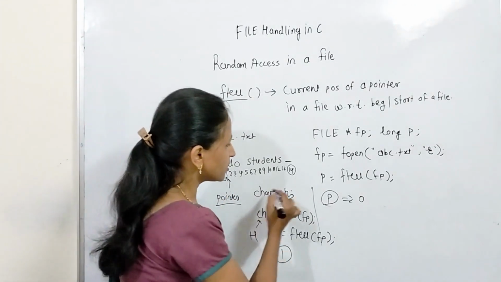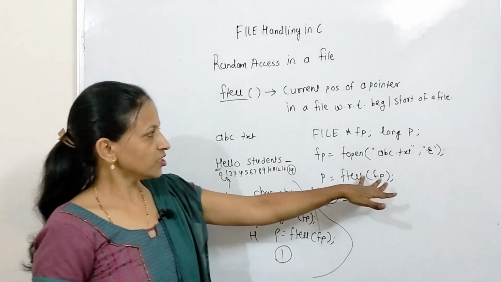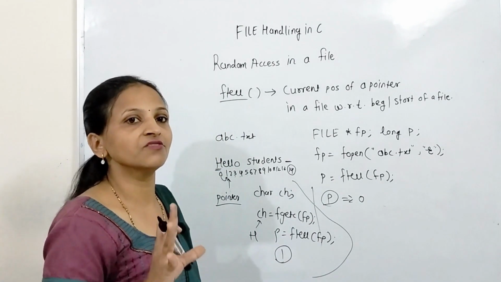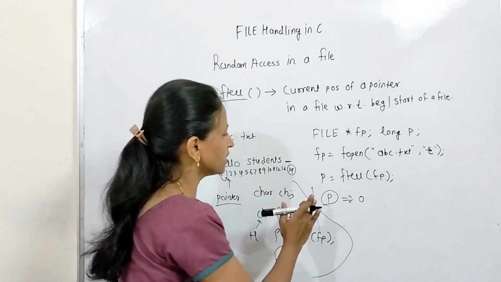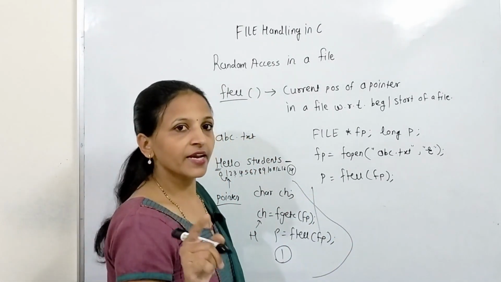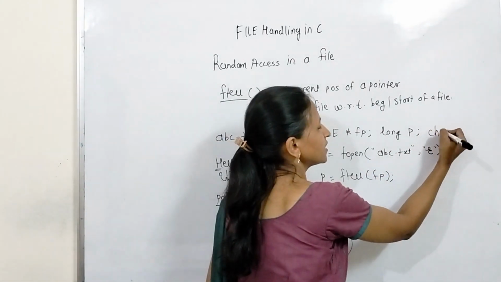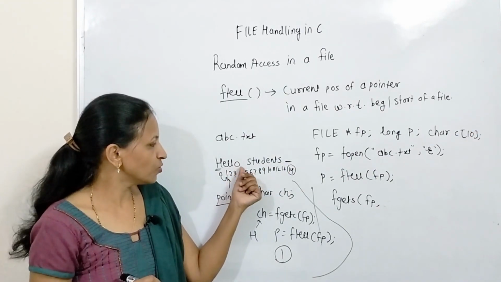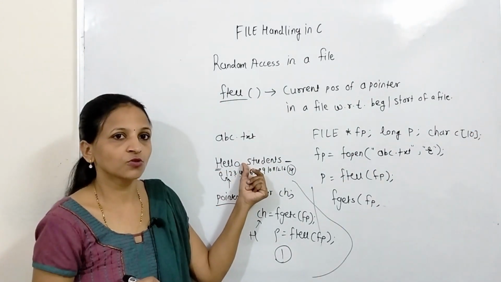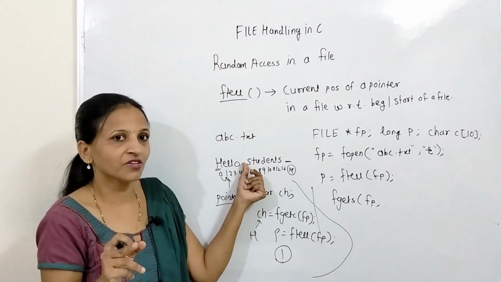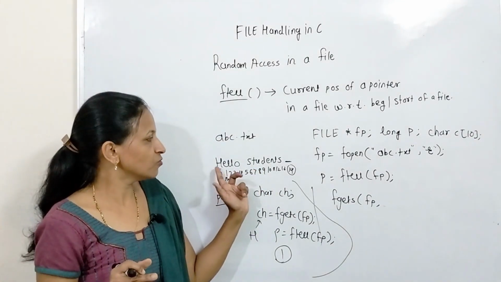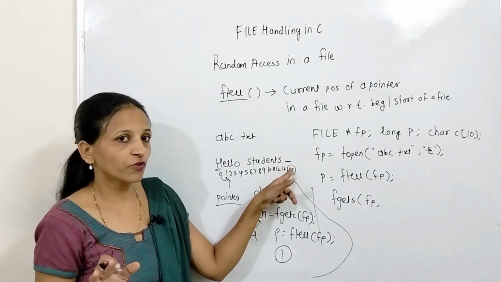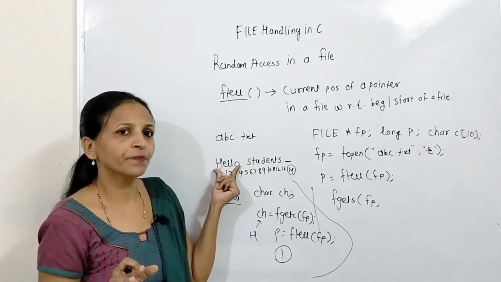See, again instead of this, let's say initially we have opened that file in read mode and I am reading a string from that file. For that we have to declare one character array that will hold the string. Let character c of 10. I want to read only this part of that string, so I will apply the append function again, because if I read using that fgets function, the file pointer will be at the end again, but I don't want that. I want to read only this part of the file.